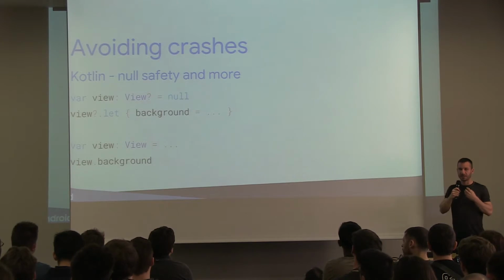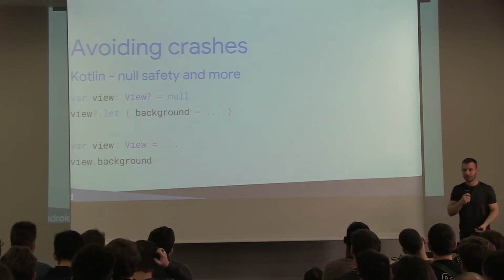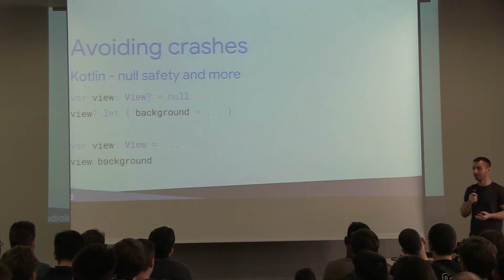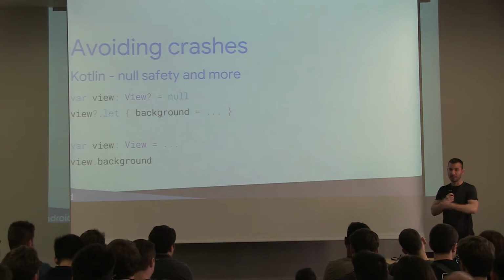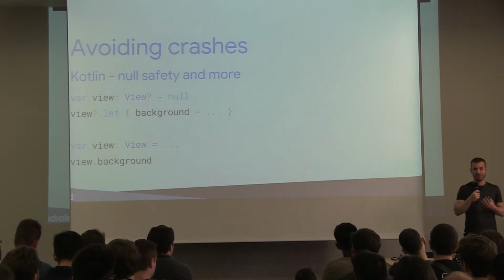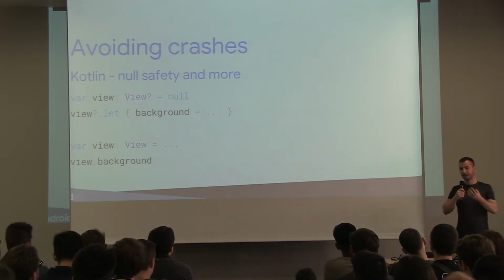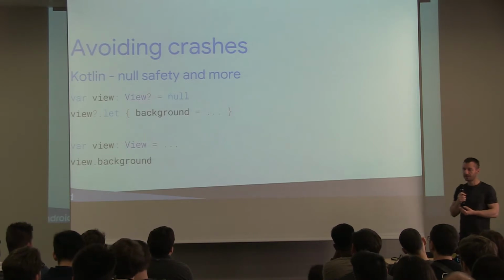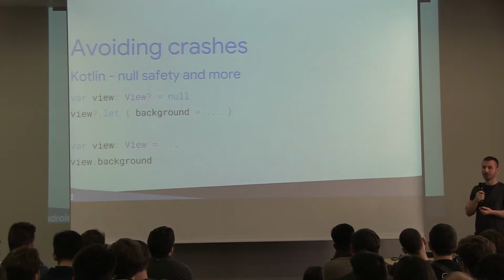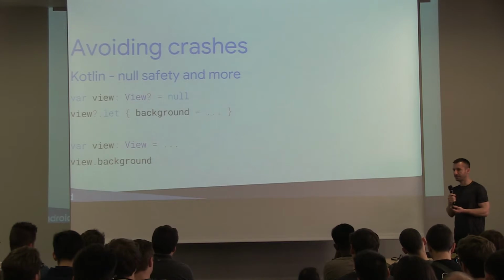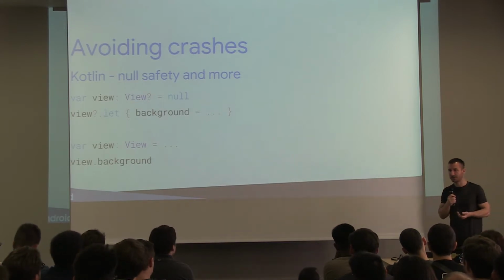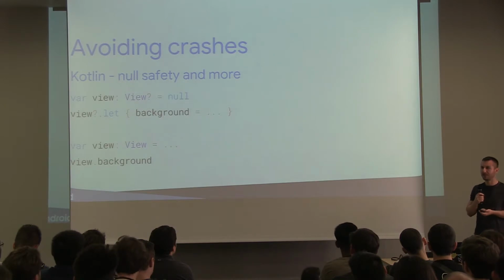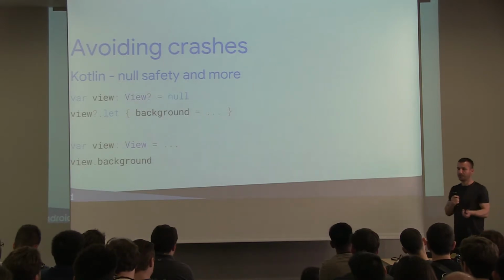And obviously it's a great, fun language to use. We all like it. Most of us use it already, either in hobby projects or even in production in apps. And there's a lot of great things about it. But in this context, I just wanted to mention, if you haven't used Kotlin before, it has null safety. So Java doesn't have this notion of nullability. Every variable that can hold any kind of object of a class can also be null. And Java doesn't really make you think about that.